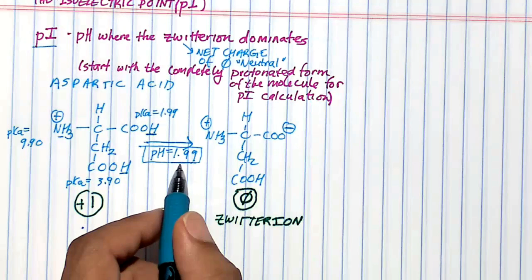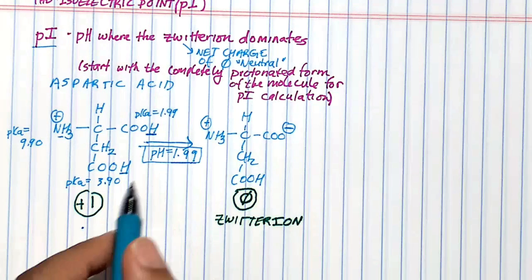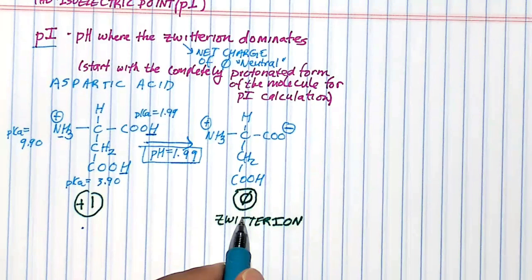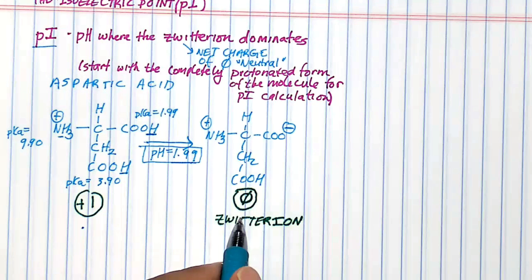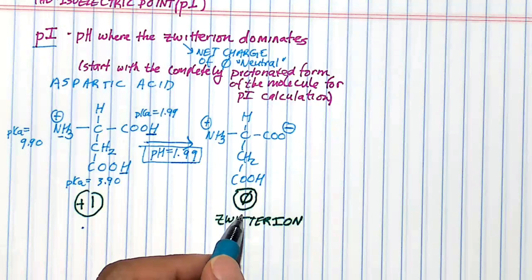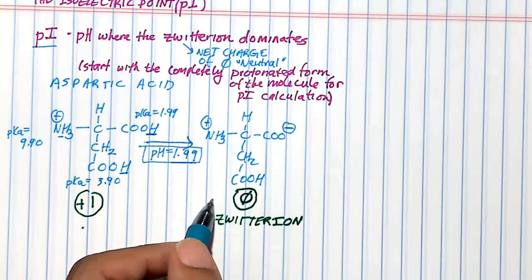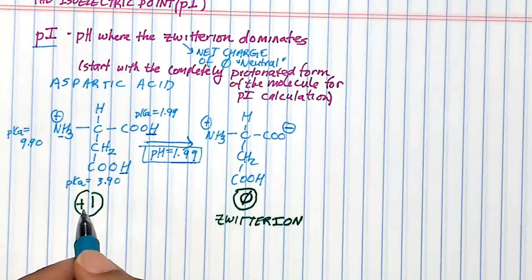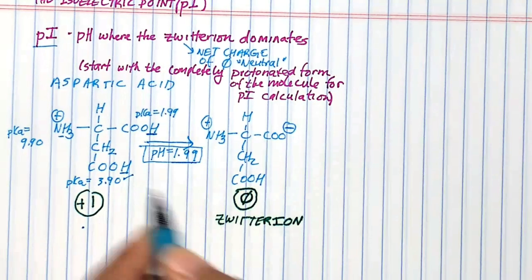As we increase the pH and move away from 1.99, we are diminishing this form of aspartic acid and favoring the Zwitter ionic form, the form that has a charge of 0. So the pH increases, and we have more of this, less of that,